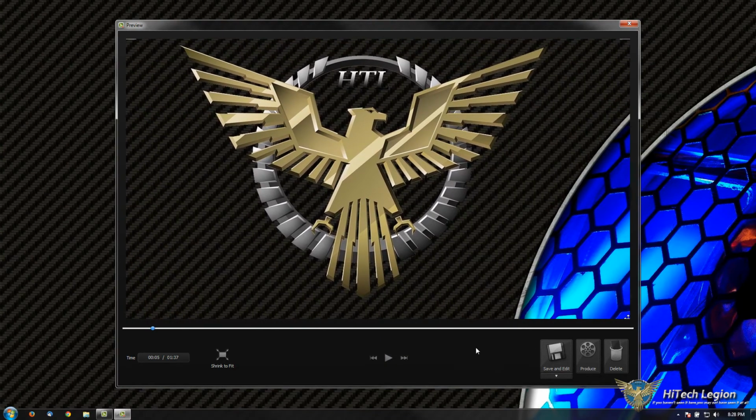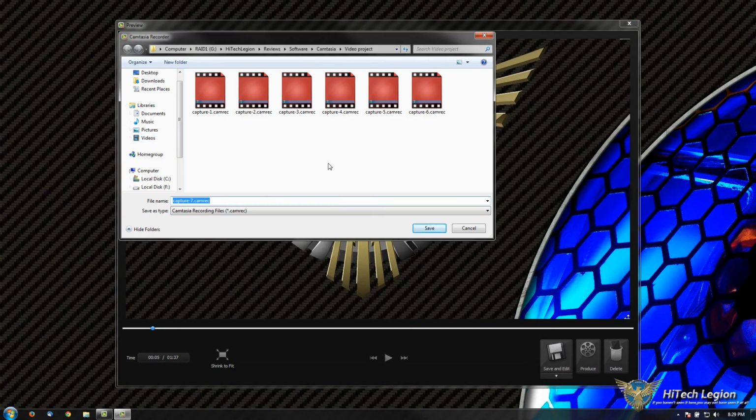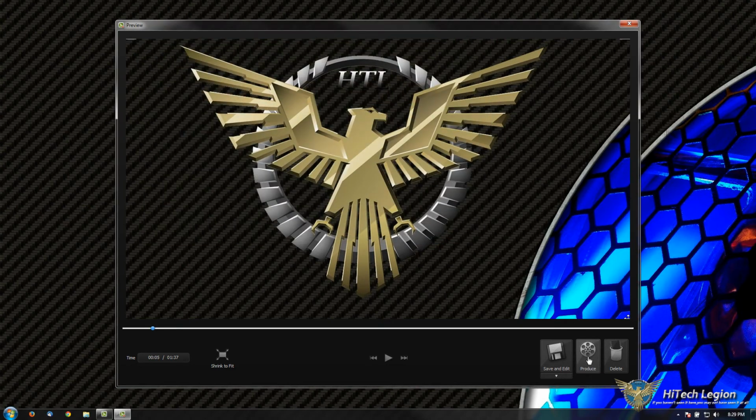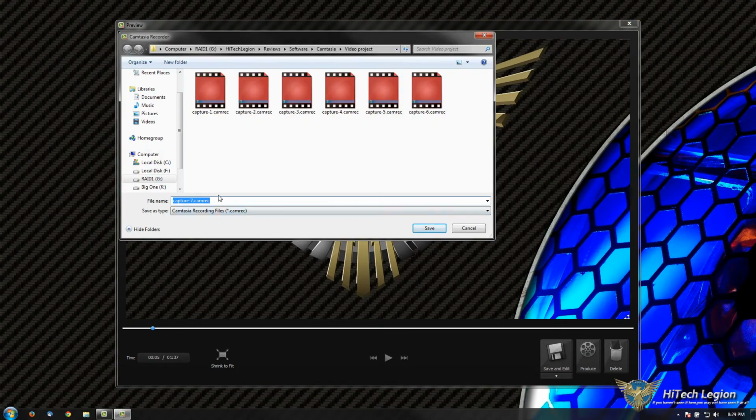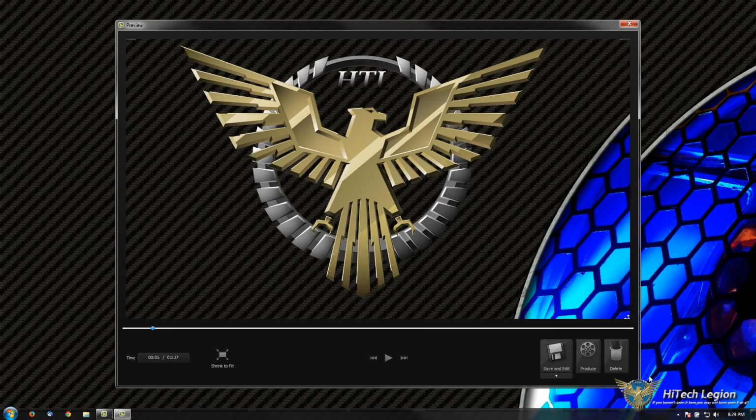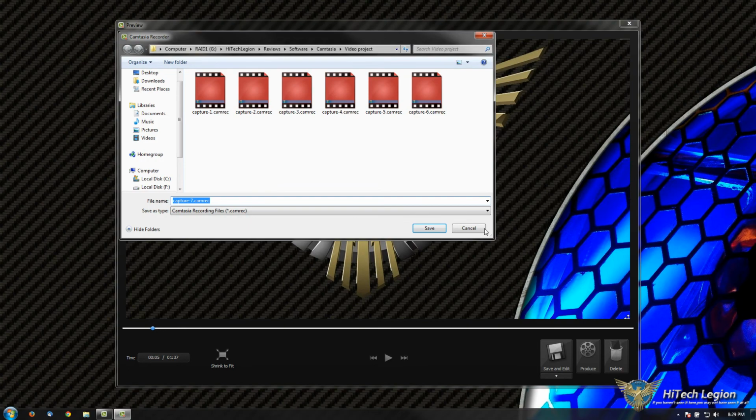So there we go. You can go straight to, if you really like and think you did a good job, you can go straight to producing it. Save and edit takes it straight to, else you can save the file somewhere, and then it'll pop it up inside Camtasia. Produce will save the file, and then it'll go straight to rendering the video, or you can do delete to just trash whatever you saved. I am going to go ahead and click save and edit. So we'll save it,